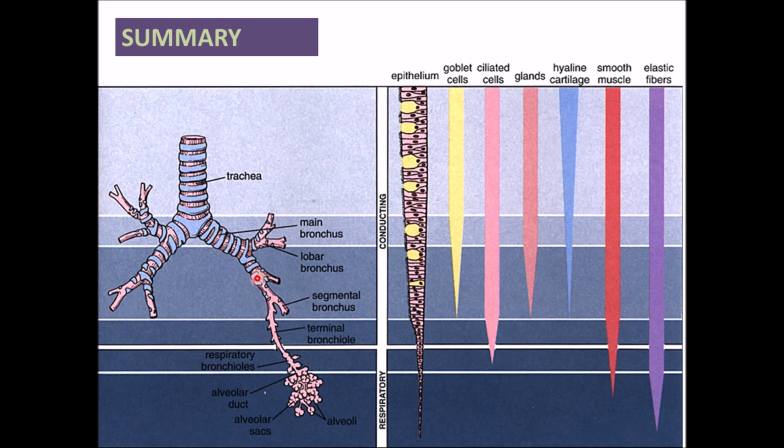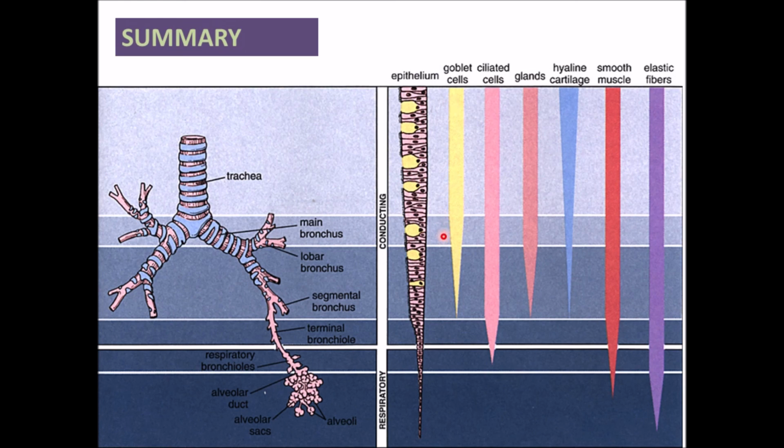In the histology of respiratory system, the trachea divides into principal bronchus, which further divides into lobar bronchus, which divides to give rise to the segmental bronchus and then terminal bronchus, respiratory bronchus, alveolar ducts, alveolar sacs, and the alveoli. The features which change are the epithelium, which starts from pseudostratified ciliated columnar epithelium with goblet cells. The size of epithelium keeps on decreasing and finally it changes into squamous epithelial cells.